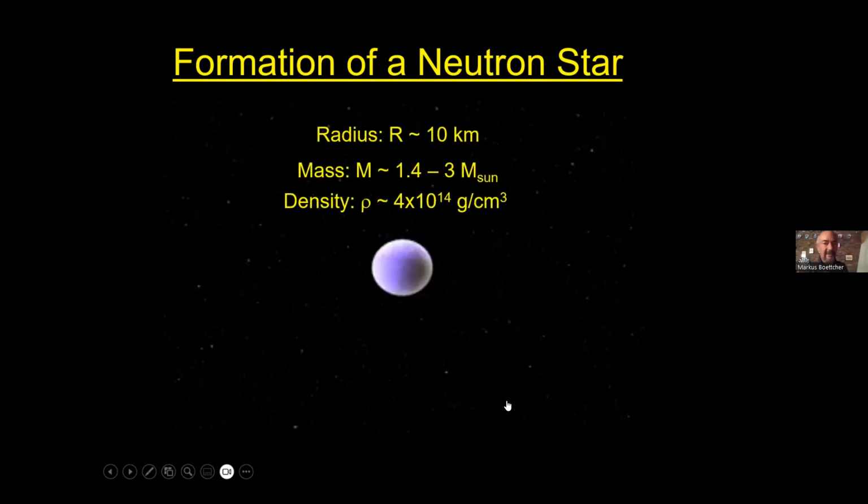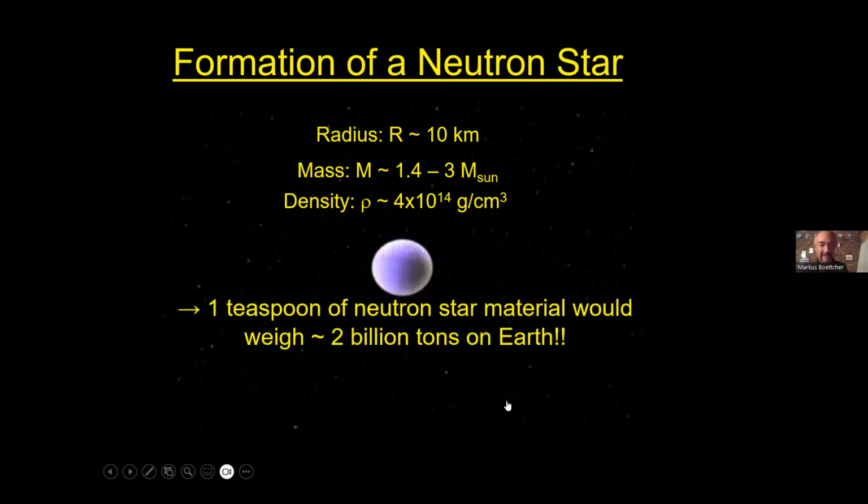These neutron stars, as we call them, are characterized by there no longer being normal matter with nuclei and electrons around. It's all squeezed together into essentially nuclei and subnuclear particles. That's about 1.4 to 3 solar masses compressed down into a size of only about 10 kilometers. That means densities much larger even than the densities in an atomic nucleus, which means that a teaspoonful of neutron star material would weigh about 2 billion tons here on Earth. This does not include the weight of the teaspoon.